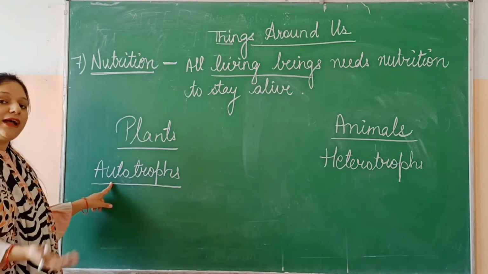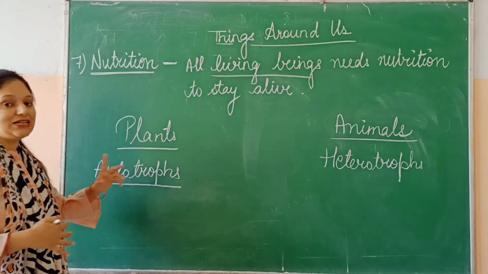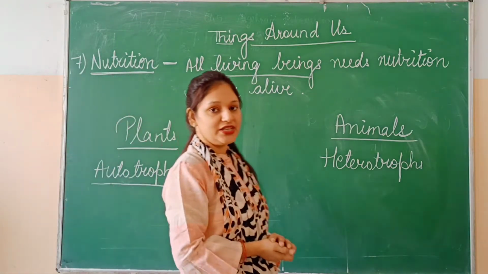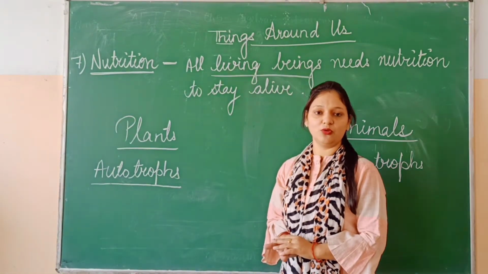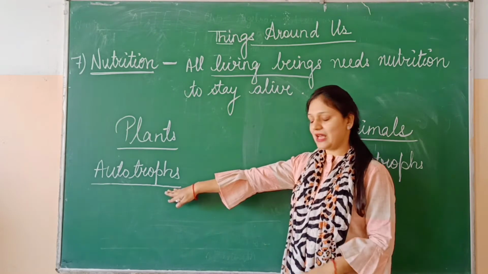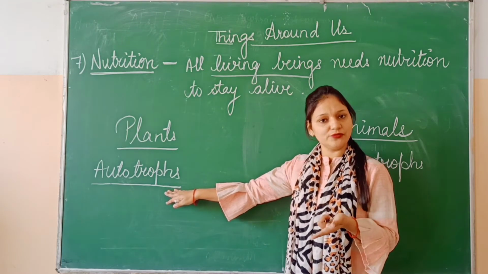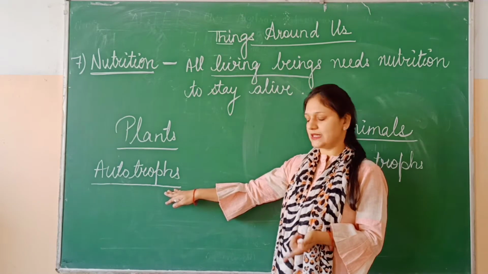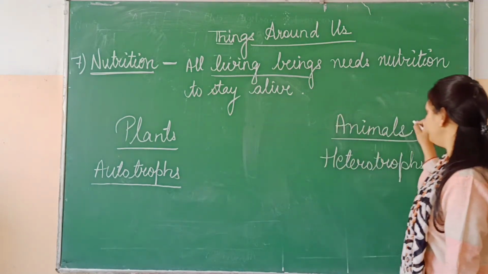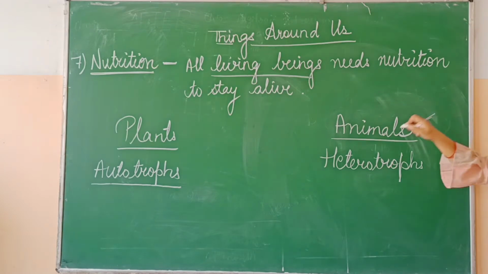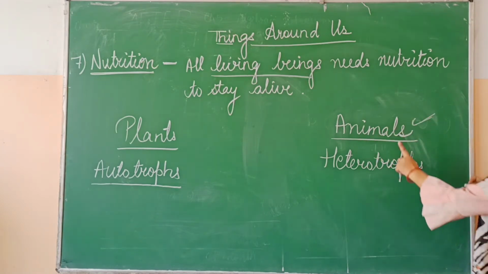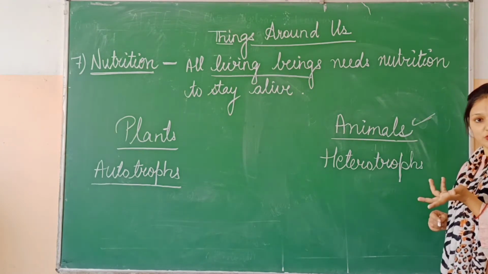Auto means on their own. Trophs means taking nutrition. It means plants can make their own food, so they are known as autotrophs. And what is the process of making food? Photosynthesis. Now, if we talk about animals, plants are autotrophs, but animals cannot make their own food because